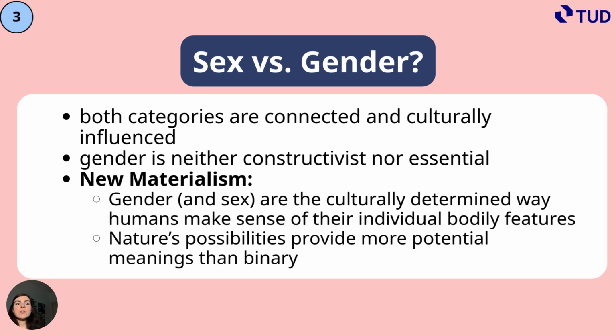Gender is, however, neither constructivist nor essential. Constructivist would be: it's completely deliberate. You can assume gender basically from scratch, from nothing. There's nothing that determines something in a way. And that's not true because we have those predetermined meanings. So basically, there are some lines along which you can construct gender identities. So it's not just nothing as a basis, but there are certain bases, mainly also the body.